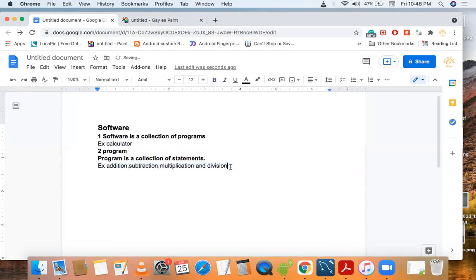For example, for an addition program: integer a equals to 10, integer b equals to 20, integer c equals to a plus b, and System.out.println.